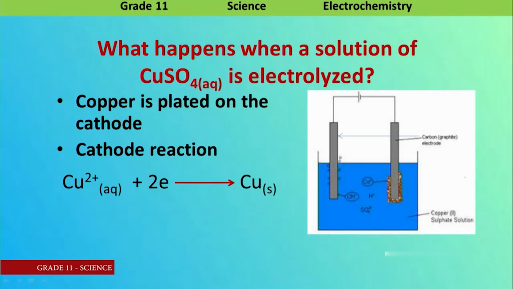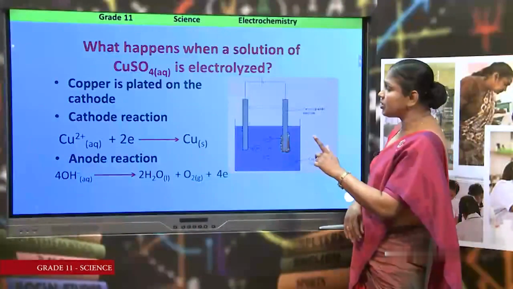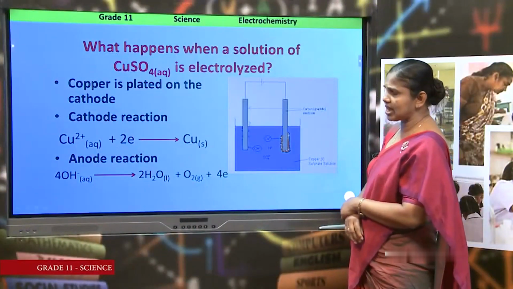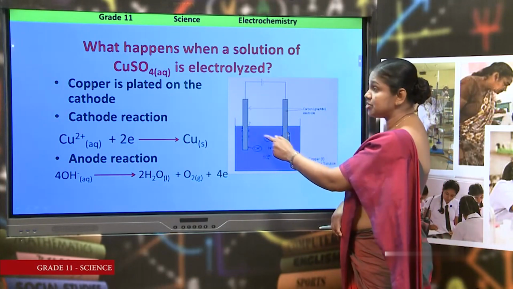Here, the two negative ions available are sulfate ions and hydroxyl ions. Hydroxyl ions at the anode are subjected to oxidation by releasing electrons like this, and as a result of this, 2 water molecules and 1 oxygen molecule are produced. As oxygen molecules are produced, children, you can observe air bubbles generating around